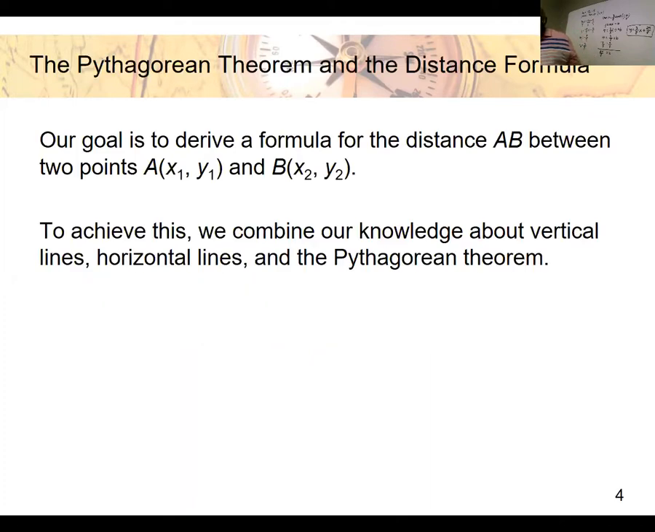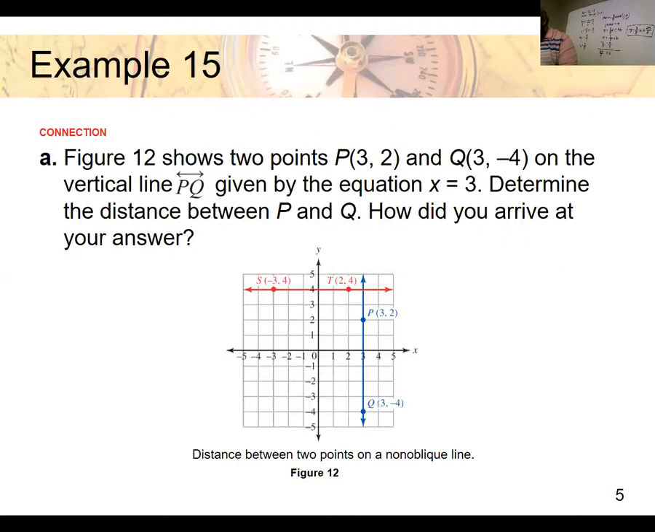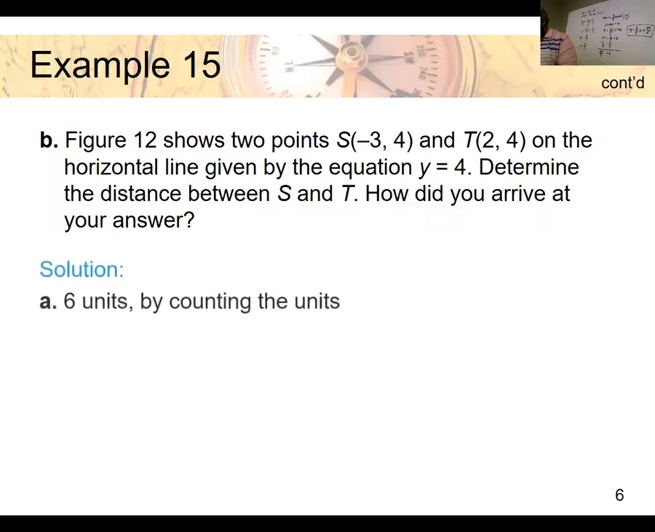Now, our goal here is to derive a formula for the distance AB between 2 points, where A is (x1, y1), and B is (x2, y2). And the way we do that is use the knowledge of vertical lines, horizontal lines, and the Pythagorean theorem. All right, now I'm going to skip through all of this and just show you how they're deriving this,